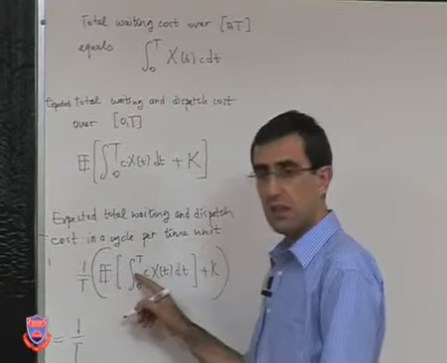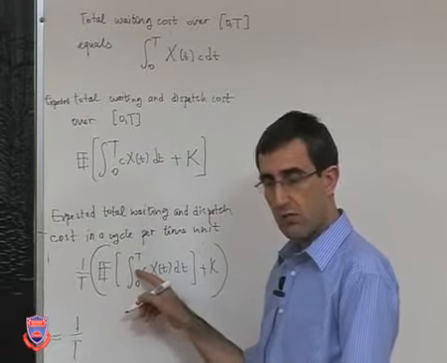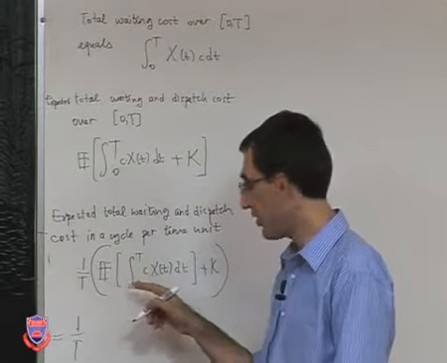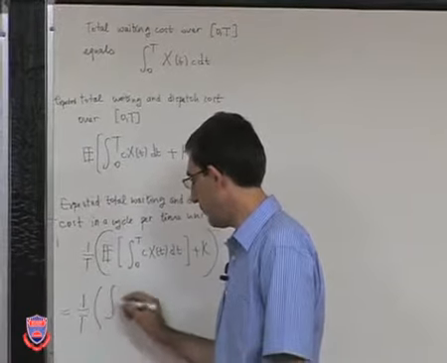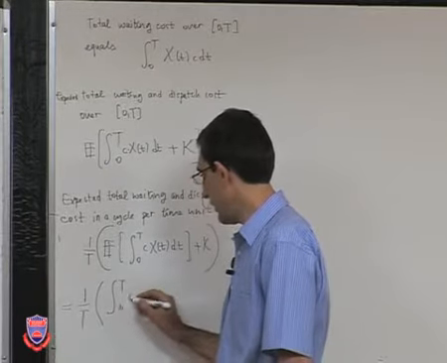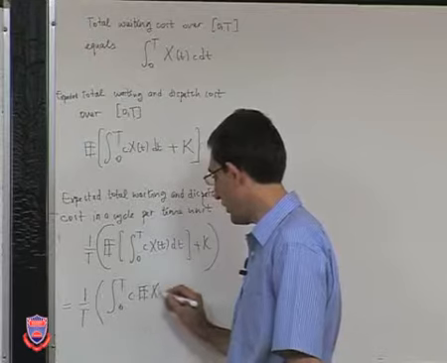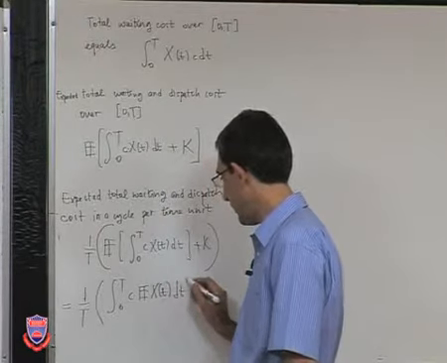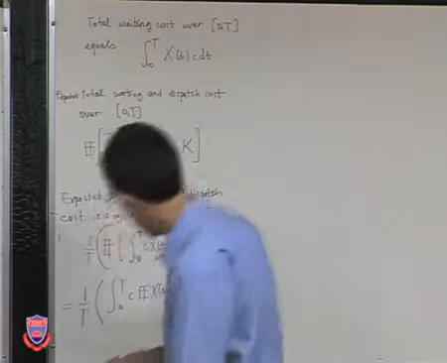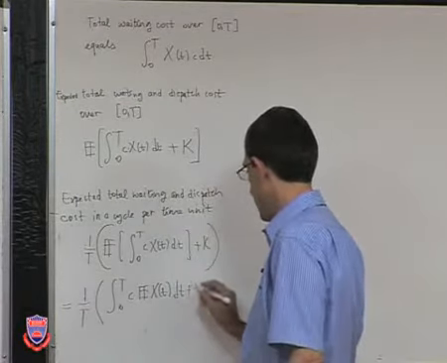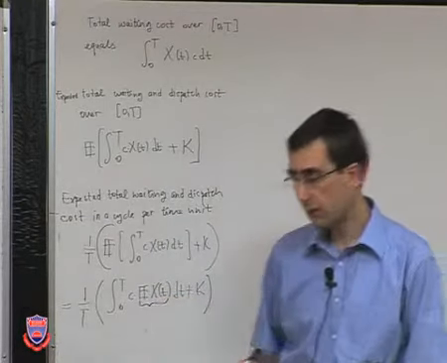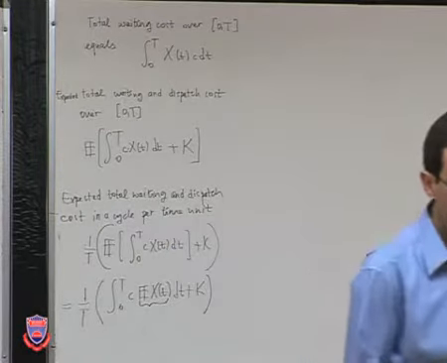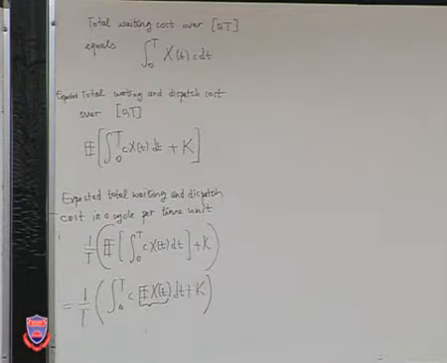We said integration is nothing but a summation, and we know that we can interchange the summation and expectation, especially if this is non-negative. And then when we do that, we get c times the expected value of x(t) integrated with respect to t. There is k outside, we should not forget that. And what is the expected value of x(t)? That is the expected number of customers waiting in the system. How do we find that?